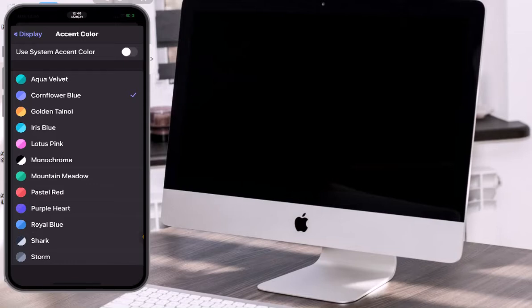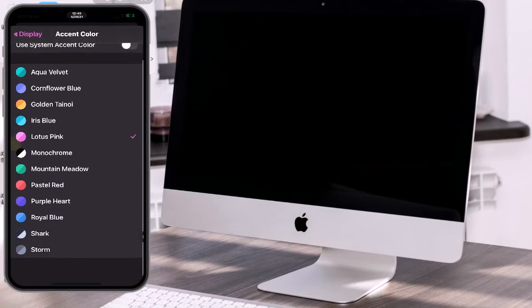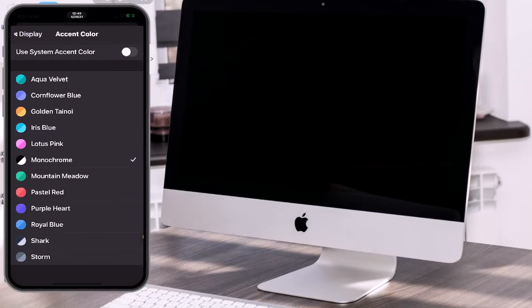So now we're gonna do golden right there. As you guys can see, it changed. Then you got this one. So it's basically a lot of colors that you can choose, whatever color you like, just like that, by tapping it. Or you can do the first option right there